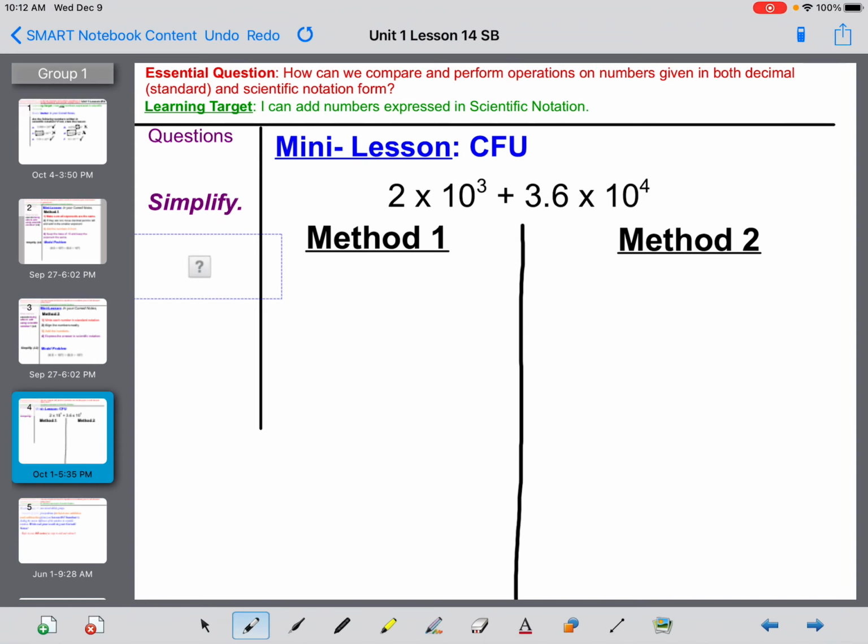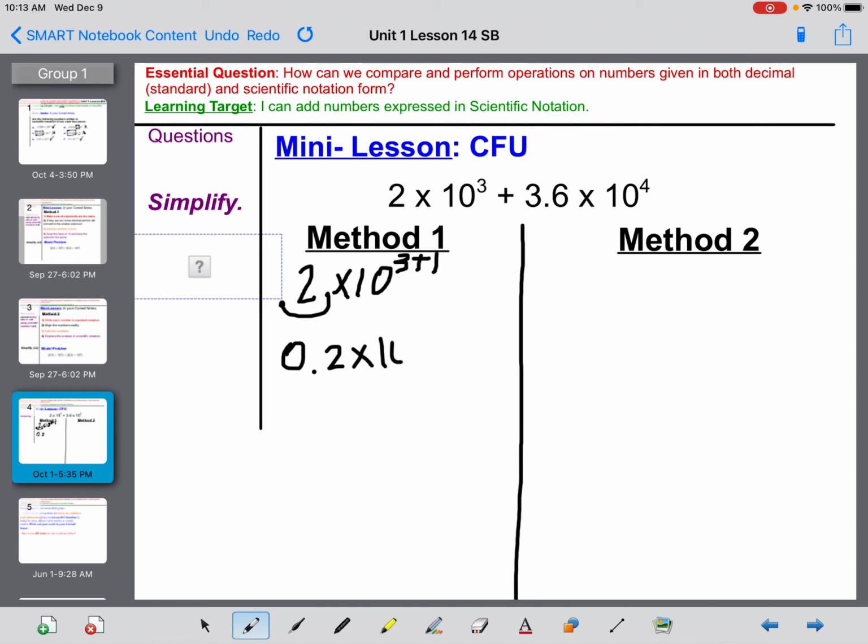We see that there's a 3 here and there's a 4 here. Okay, so what we want to do is we want to make that 3 into a 4. And the way we do that is by changing the number in front so that we can change the exponent. Okay, so we want to be able to add 1 to this exponent so that it becomes the same number as the other exponent, which is 4. By us adding 1 to the exponent, the decimal for the number 2 needs to be moved to the left 1 spot. In this case, now this number becomes